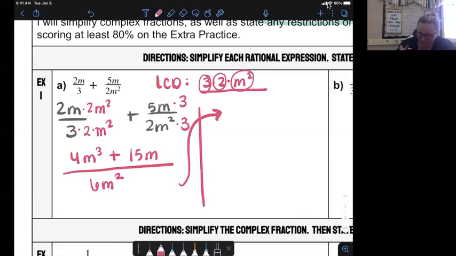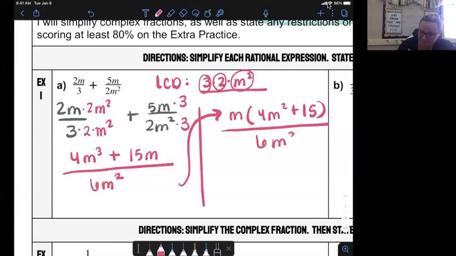Then 4m cubed plus 15m. We could factor out an m from both of those terms. And we would get 4m squared plus 15 all over 6m squared. So remember 6m squared is really 6m times m. And then m divided by m is 1. So we have 1 times 4m squared plus 15 in the top